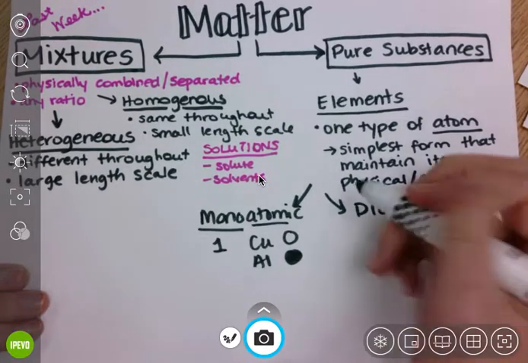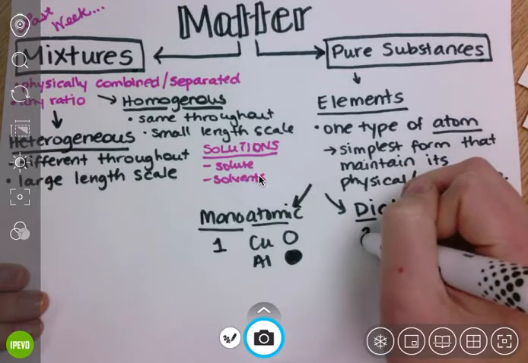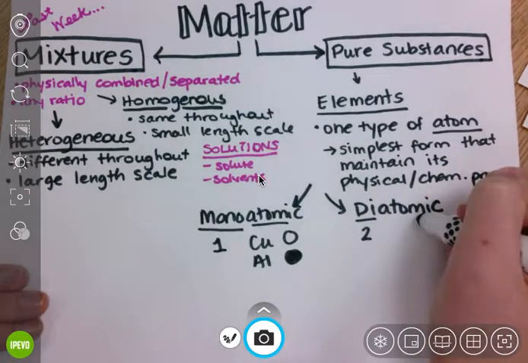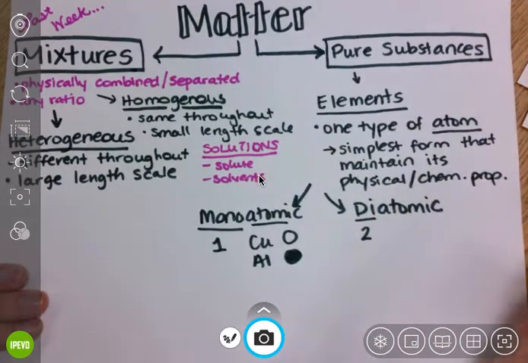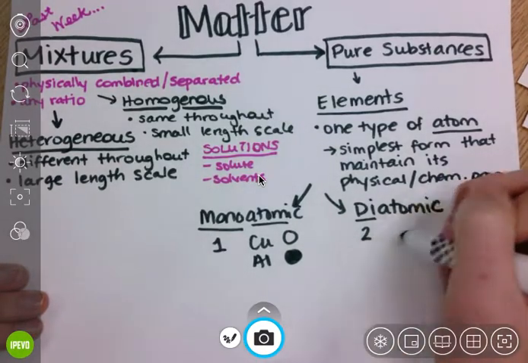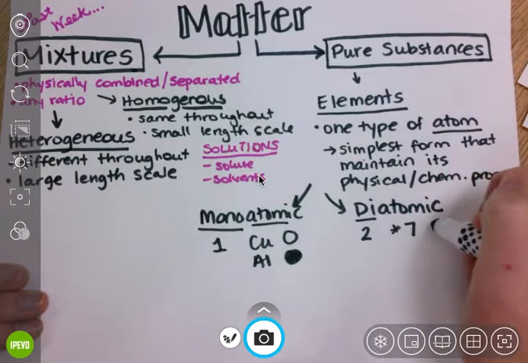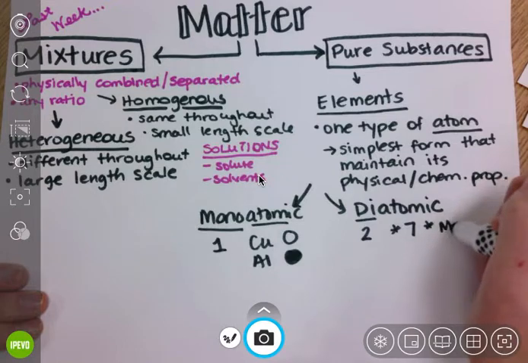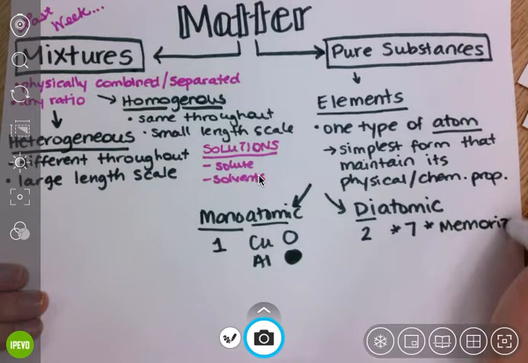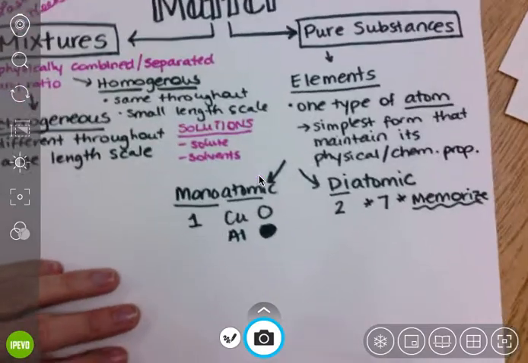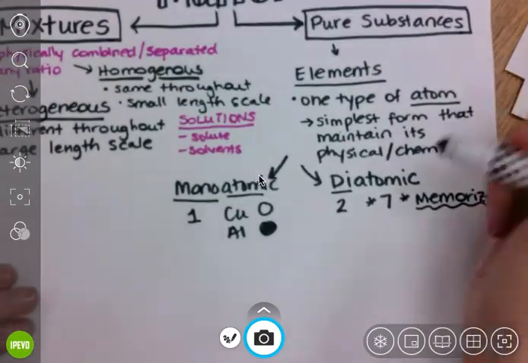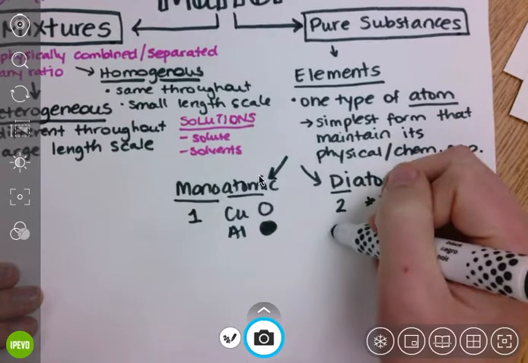For diatomic elements, di means two, right? These are two atoms of the same type, and there are 7 of these that you must memorize. Okay? So we're going to list our 7 diatomic elements. They are